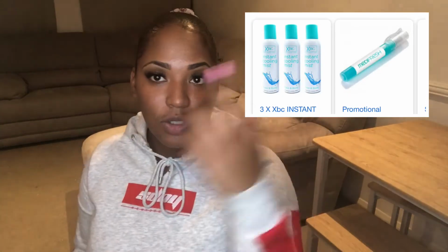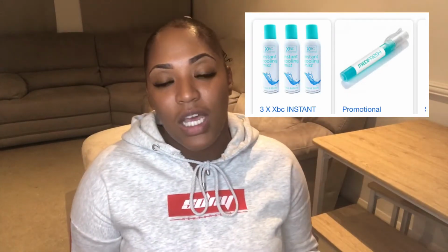And you can also get yourself one of those little sprays, like a cooler, so you can cool yourself down. And also remember to get a water bottle. You're going to frequently need to drink lots of fluid when you're in a hot country, so you need to get yourself a water bottle. You can also use it in the hotel, so when they refill your drinks, instead of using a cup,